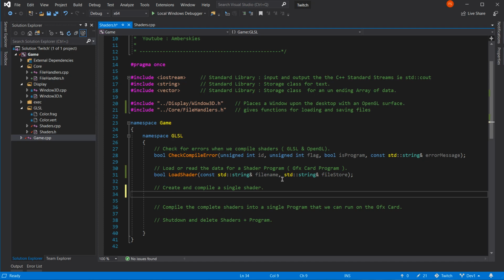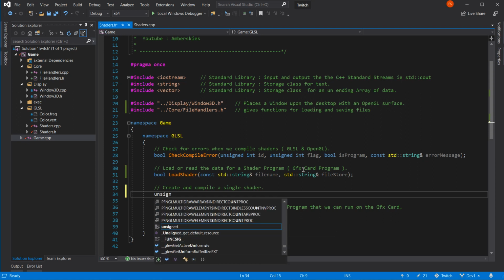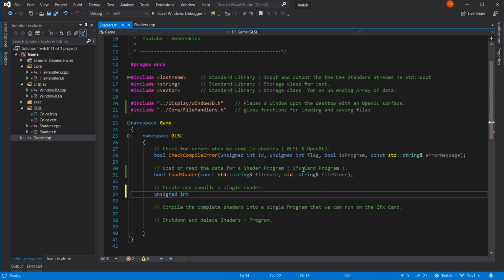Because we are going to need the loaded shader text. And if we do create a shader, it will give us an identifier, an identification number. So let's start off in what I would call normal shader mode, which is an unsigned int. That's what they come in.